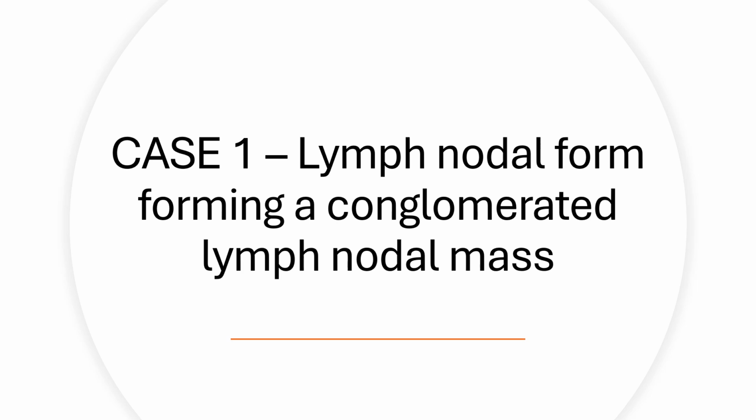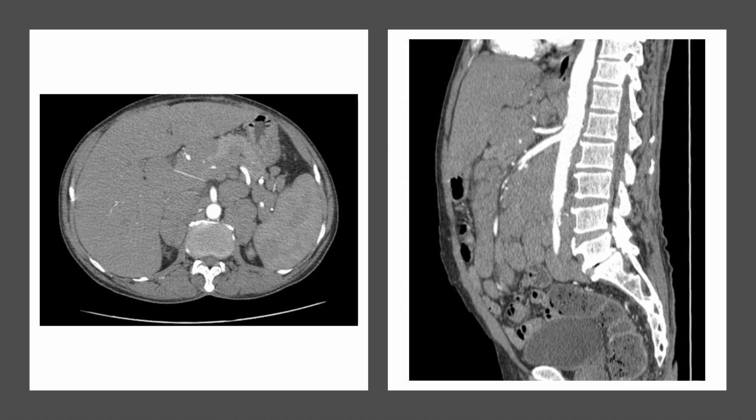The first case that I am going to discuss is the commonest case that we see, the lymph nodal form, and sometimes it forms a conglomerated lymph nodal mass. So whenever we see a large mass anywhere in the body, we should consider lymphoma in the diagnosis. These are the axial images of contrast enhanced CT, and in this image we can see that multiple variable size lymph nodes are